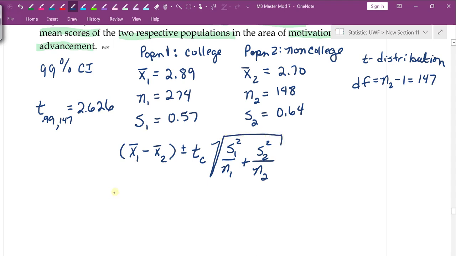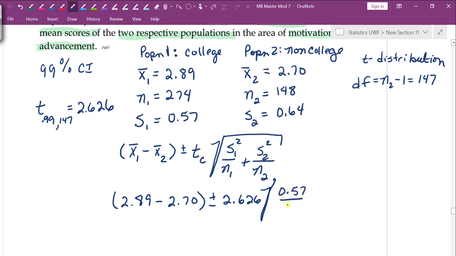So let's plug in our numbers. So it's going to be 2.89 minus 2.70 plus or minus 2.626 multiplied by the square root of 0.57 divided by 274 plus 0.64 divided by 148. We're going to put this in our calculator and we will find out that our lower bound,